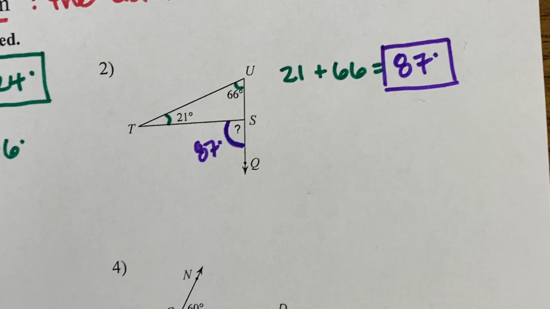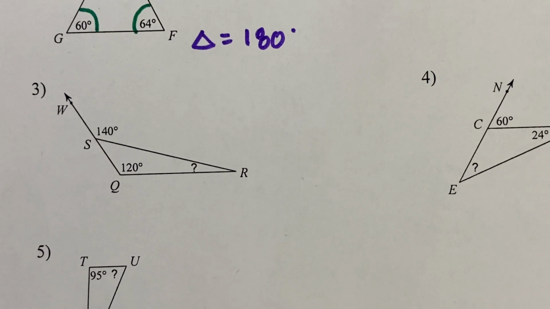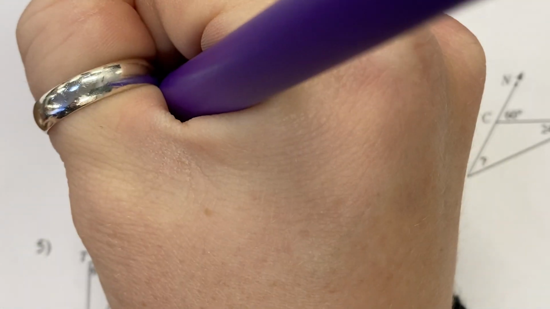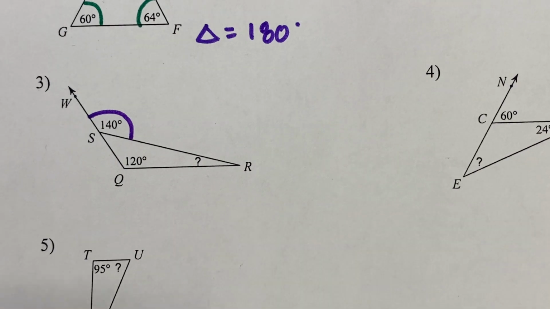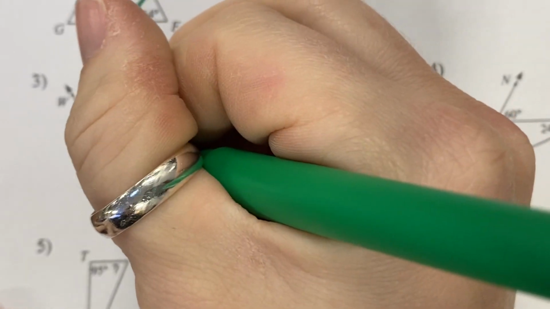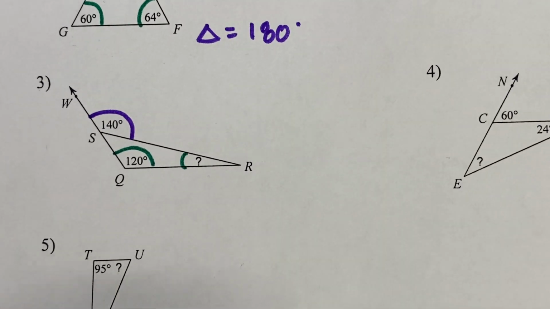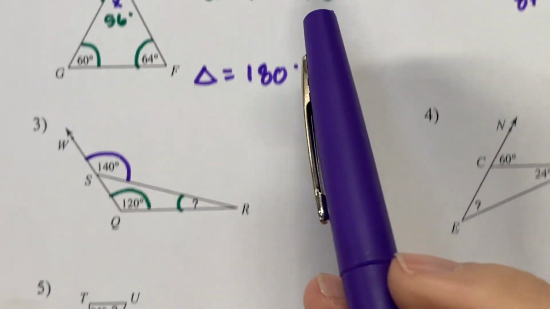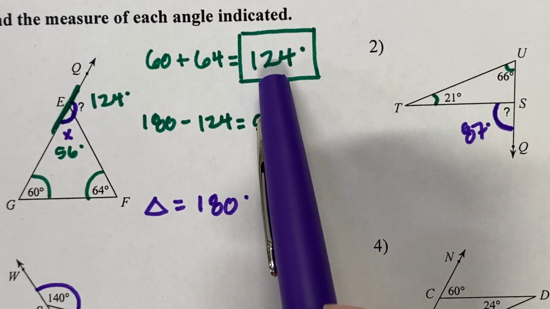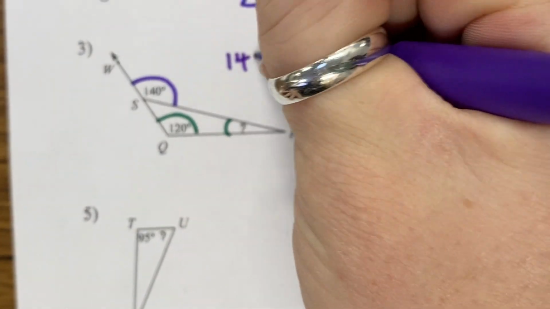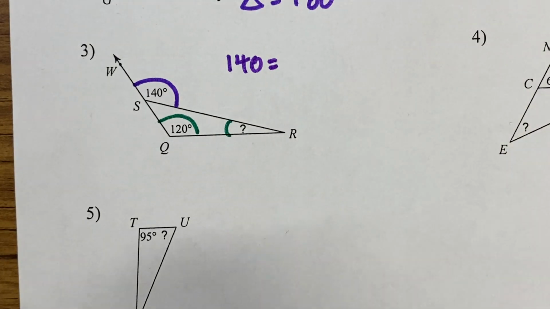Let's try it a couple more times. Number 3 looks a little different. In this one, it actually gives us our exterior angle, and what we're looking for is one of our interior angles. So now we're just going to go backwards. Usually we solved for our exterior angle, so let's go backwards. We have 140 is equal to